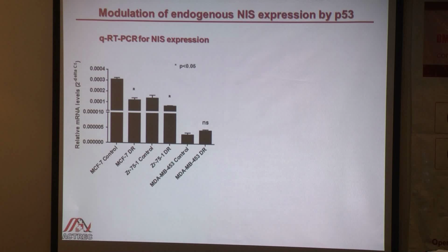Next, we validated these findings at the endogenous NIS level. First, we checked its regulation at the transcript level using quantitative RT-PCR. TaqMan gene chemistry was used, and the y-axis represents the relative mRNA levels. What we found is that with the treatment of doxorubicin, there is a significant reduction